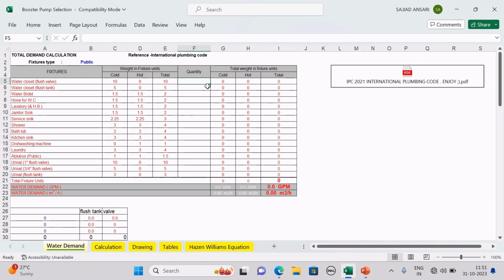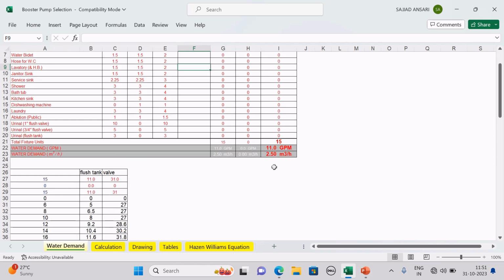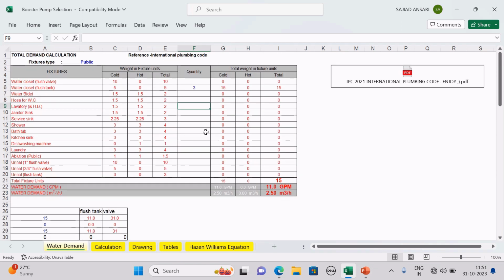So come here and write down. Suppose water closet, we have a flush tank type of water closet, quantity 3. When you enter the quantity, you will automatically get the total fixture units for cold water, for hot water, and GPM. As per that, they will automatically select, because here we have taken the formula. Now, 3 water closets and 3 lavatories, meaning wash basins,